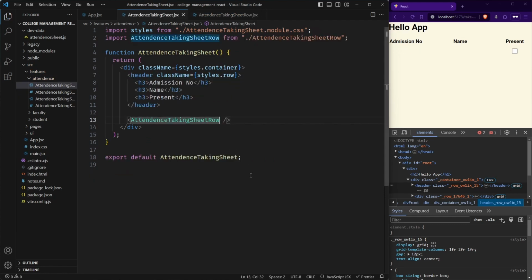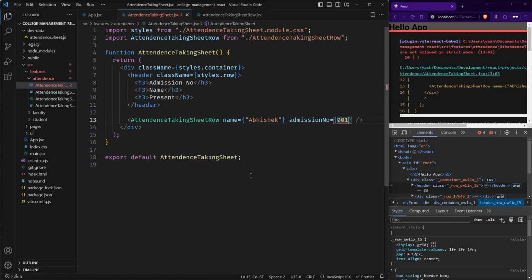So if I pass this, suppose the name I pass as Abhishek, and the admission number is suppose 001.